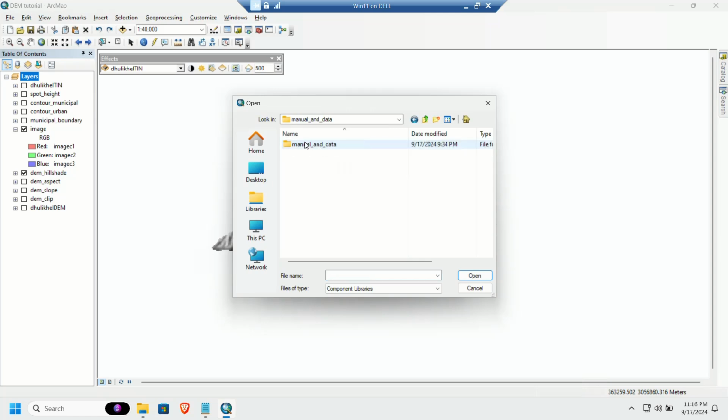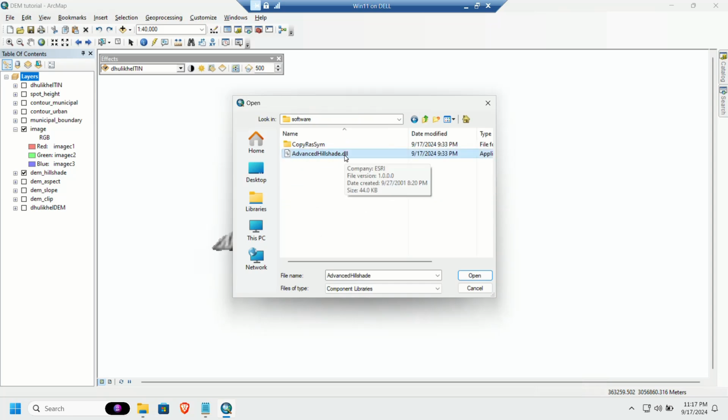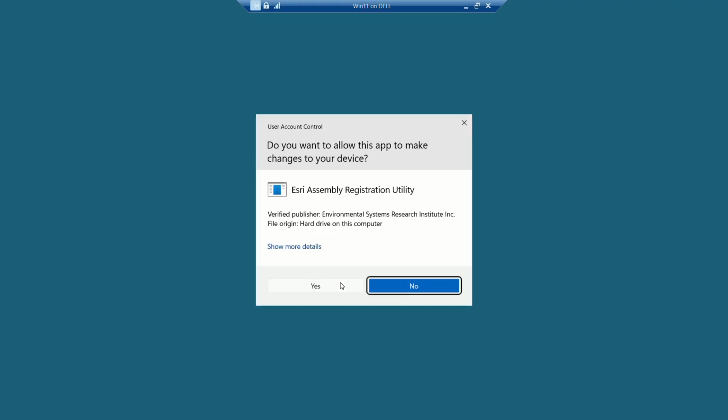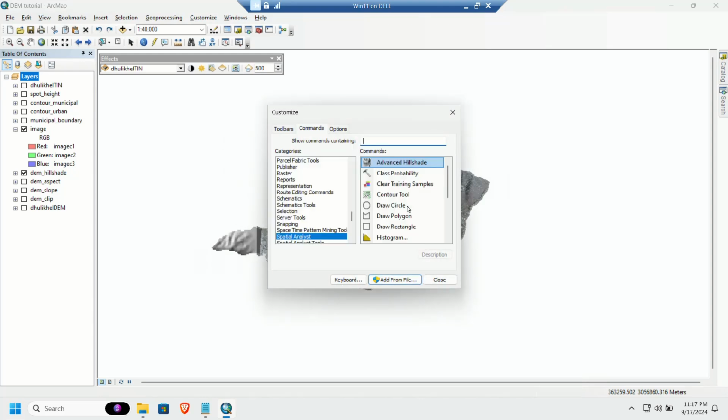From the downloaded file you can go inside into the software folder, and here you have the advanced Hillshade DLL. Open it, press yes, okay. Here you can find the command. Now simply drag and drop it to the effects panel. So there you can see the multi-directional oblique weighted shaded relief. We have successfully imported the algorithm. Now you can just close it, and